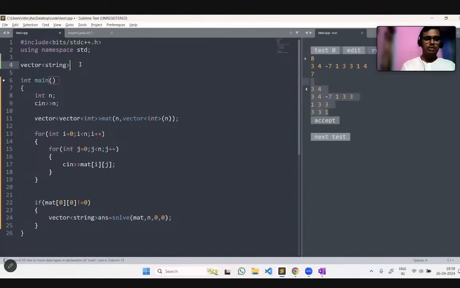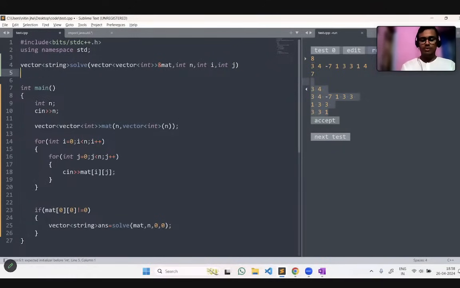So sol, and in the sol the parameters will be the matrices, vector of vector of int, and then address of matrix, and then the size of matrix, and then the starting index i and the ending index j. Okay, so this will be fine.